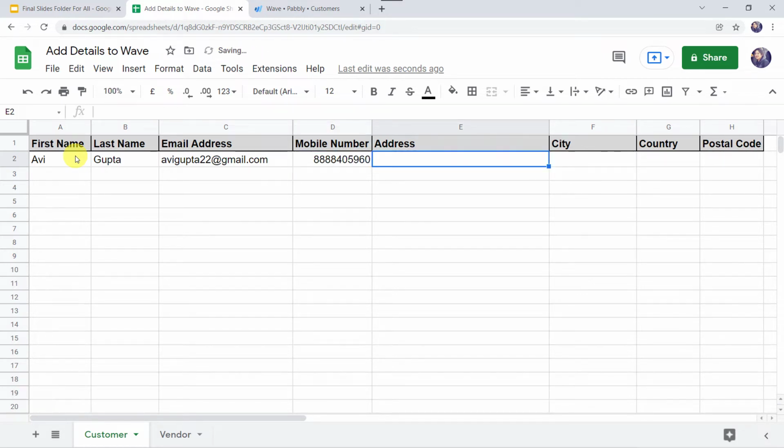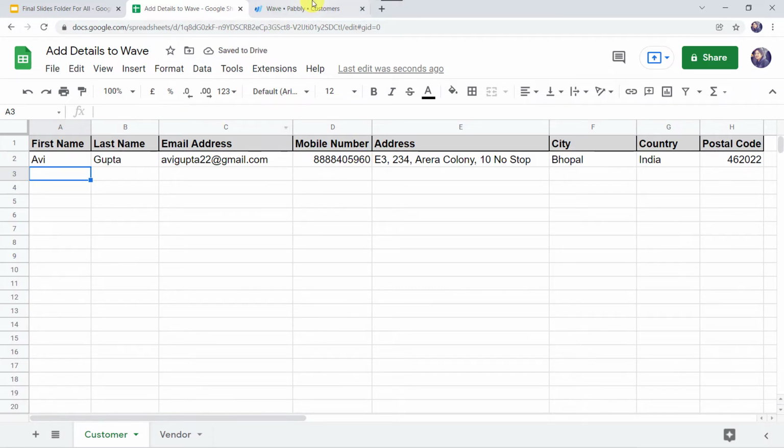Let's give the address as E3 234 Arera Colony, 10 number stop, city as Bhopal, country as India, and postal code as 462022. Okay, so we have given the details of the customer.